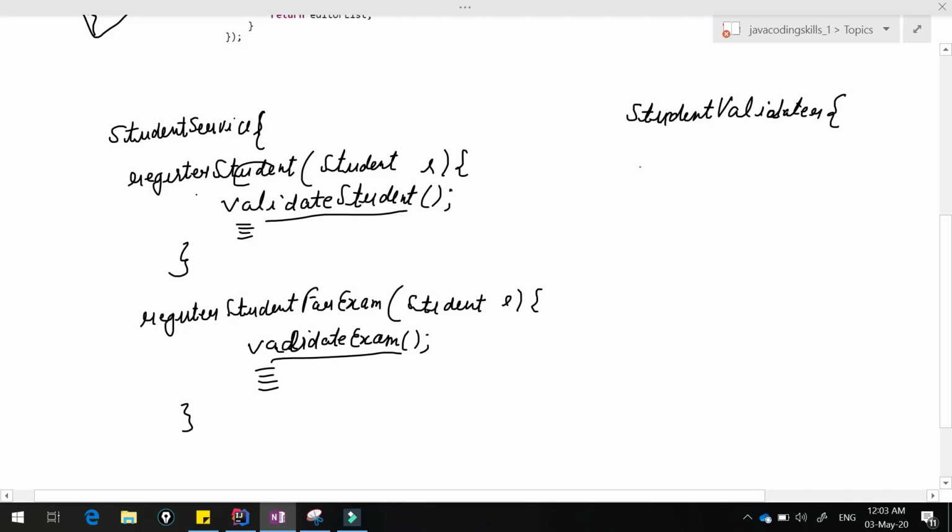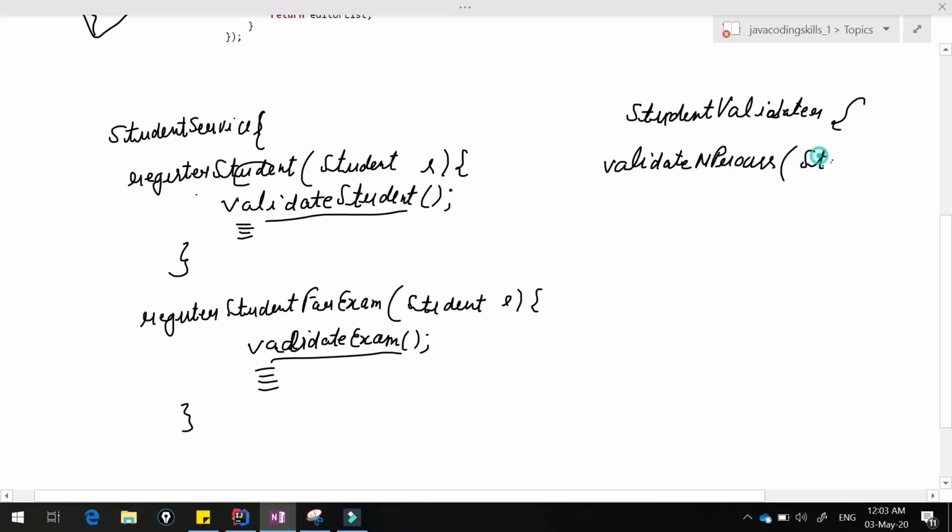Inside that we have a method, process and validate, or validate and process. Let me write it in a neat and clean way. This is a class. Validate and process.